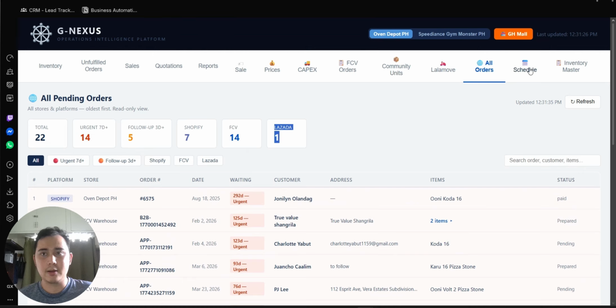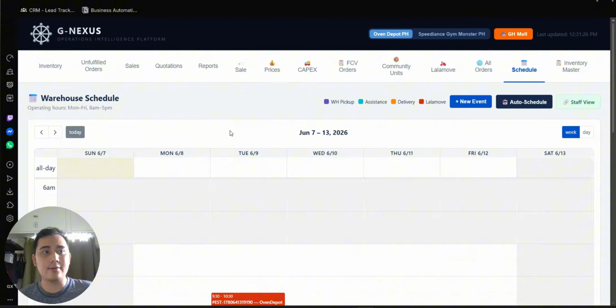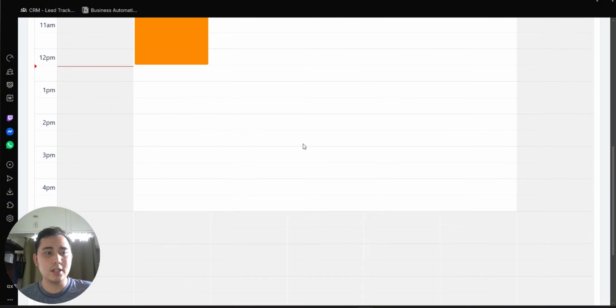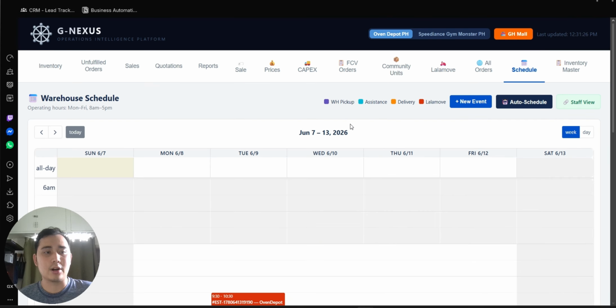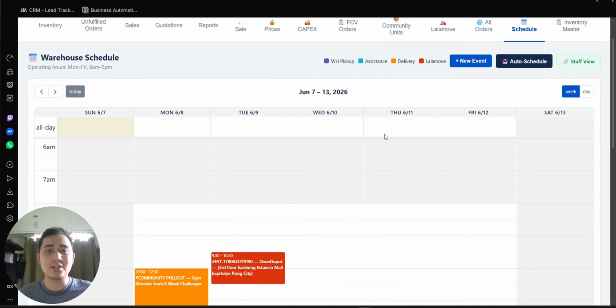Also one of the best things, we have a warehouse scheduling calendar. As I have mentioned, I handle the fulfillment for all the orders. So if you're a user that needs to balance all the events for your warehouse, your fulfillment, and the overall business, this calendar feature is available.